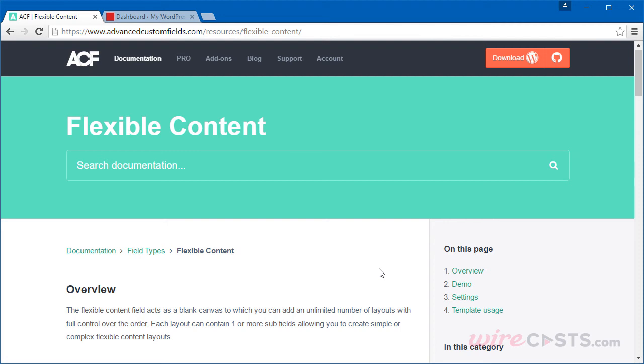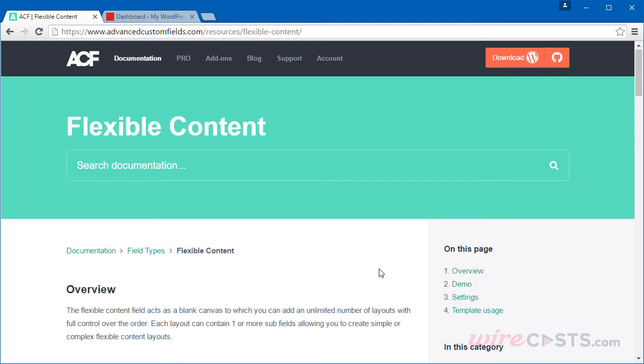In this episode, we'll discuss section builders in both WordPress and ProcessWire. WordPress doesn't provide a section builder feature out of the box. However, several plugins exist that can bring in this functionality. The Advanced Custom Fields plugin, which we covered in earlier episodes, contains the flexible content field, which can achieve this